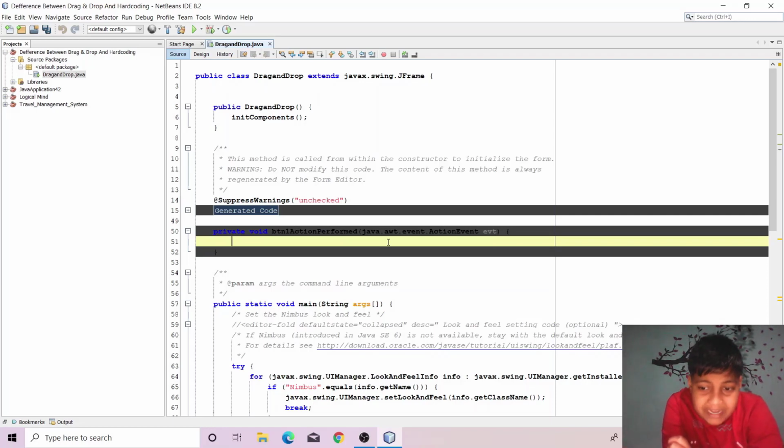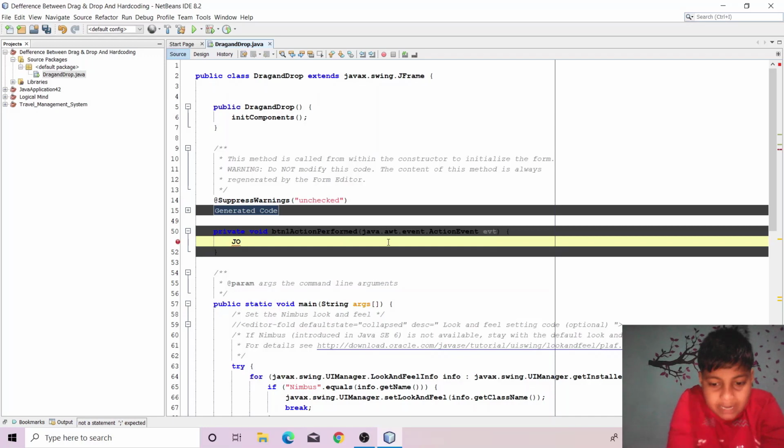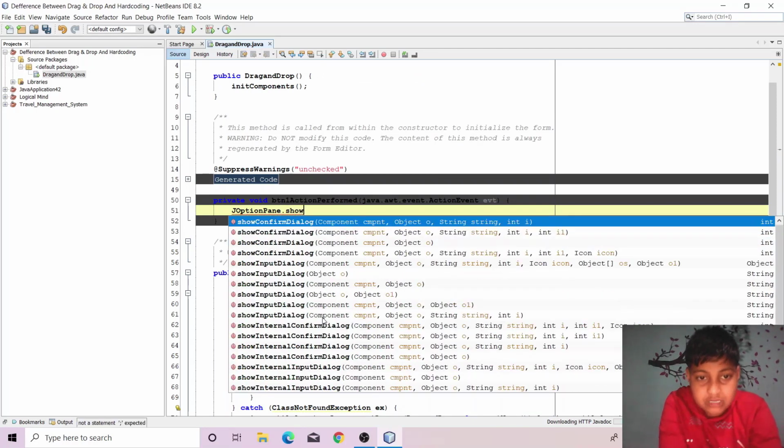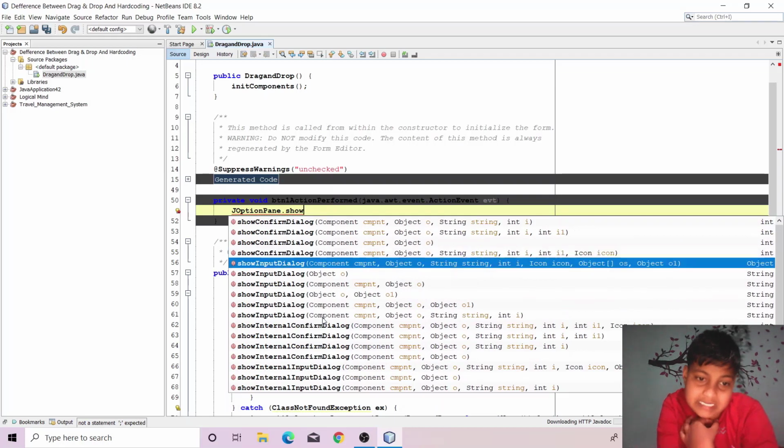Whenever you want a dialog box to pop up after clicking a button, we use JOptionPane. Just type capital J O and P, JOptionPane dot, and then it will show suggestions. Then type show, go down with the arrow key, and show message dialog is here.